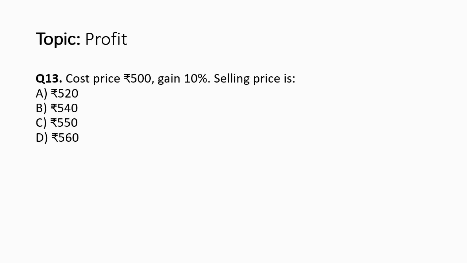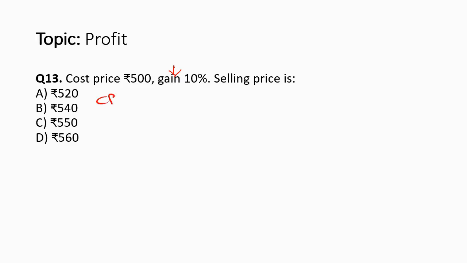See, we have here the cost price is 500 and gain is 10%. What will be the selling price? Gain means which we got increase of cost price. When we sell any product with increasing of cost price, then only we will get the gain percentage, no? So it is an increasing of cost price.